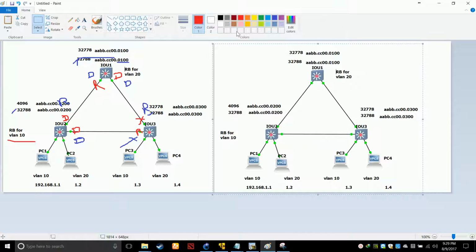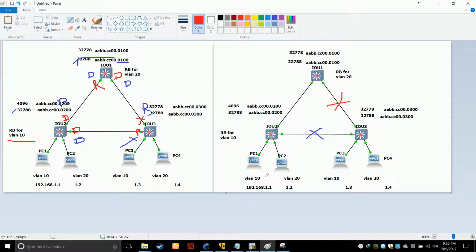For VLAN 10, the red VLAN, this link is blocked. This one is blocked for VLAN 10, and for VLAN 20, this is blocked. So how is it happening?